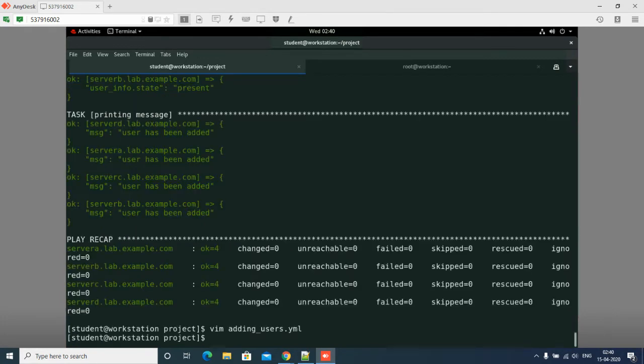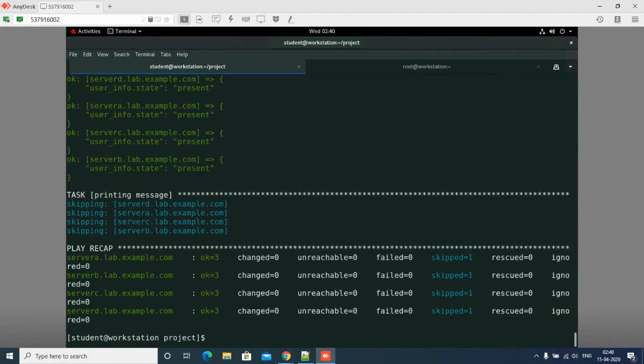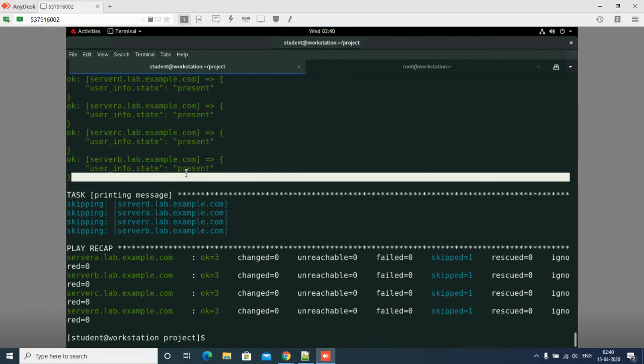Let's check, will this print now or not? No, this will not print. So now they are skipping. Why? Because they are not finding that particular absent variable here. If they find that particular absent variable here, then they will do it.